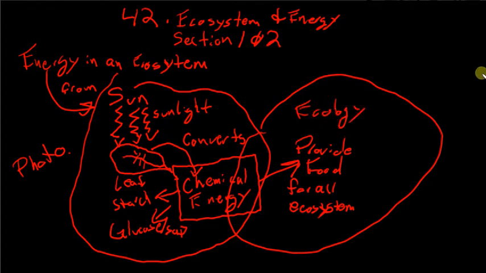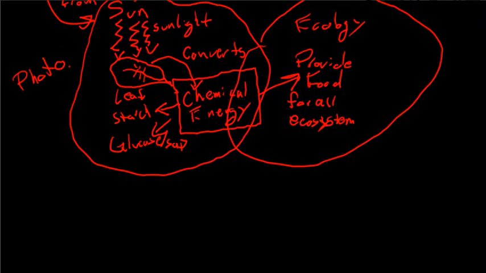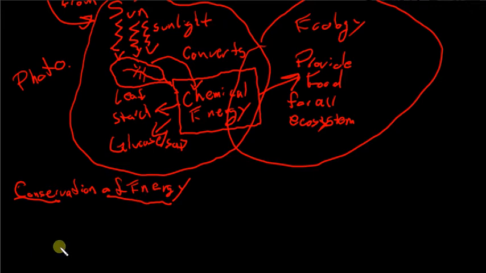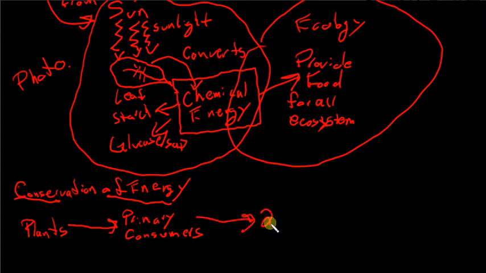The first thing I want to point out is that ecosystems have to follow what's called the conservation of energy. Because ultimately the source of energy is the sun, and we're converting that energy from one form to another, a lot of ecology has to do with chemistry and physics. If we start out with some amount of energy in plants, that energy is passed on to our primary consumers, and then to our secondary consumers,